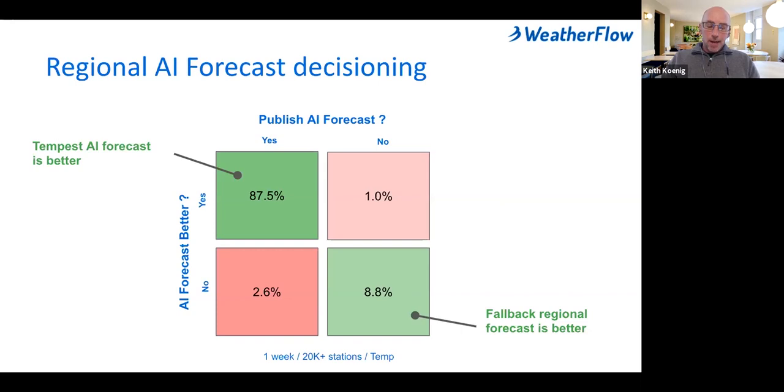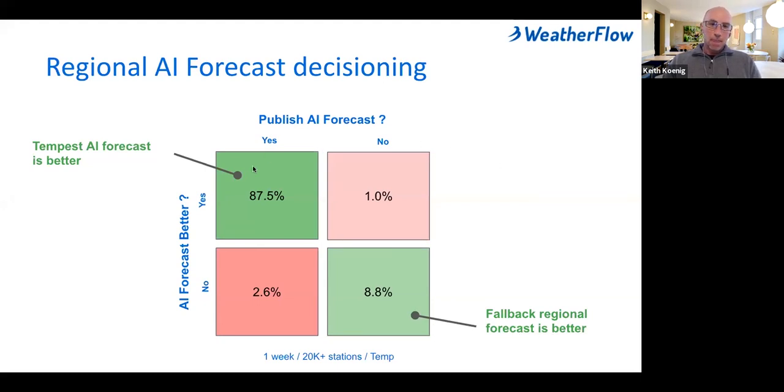We make a decisioning choice based on a ton of statistical analysis. This is a slide that looks at 20,000 stations over a week of time for the parameter of temperature. We decide, should we publish this fancy AI forecast, yes or no? Or should we publish the next best fallback regional forecast?